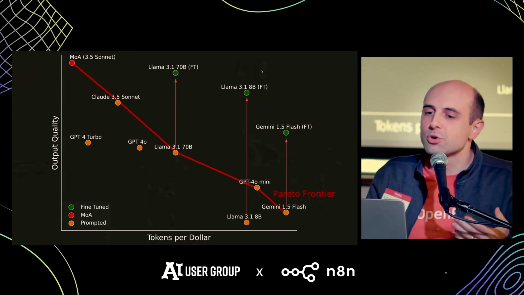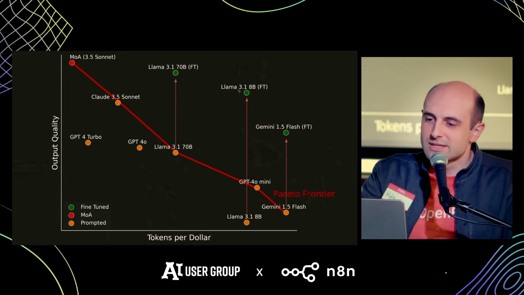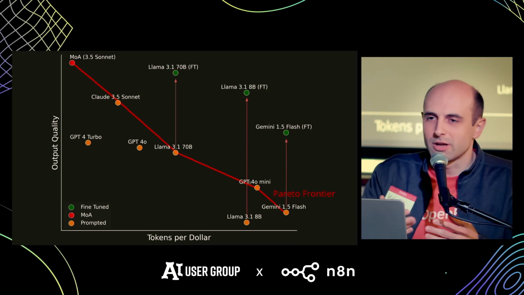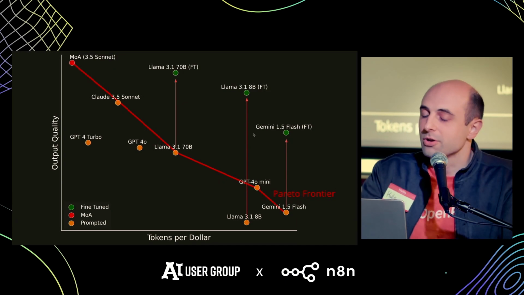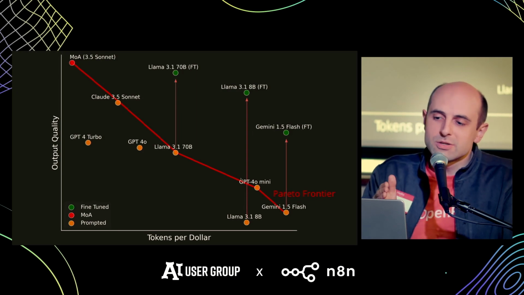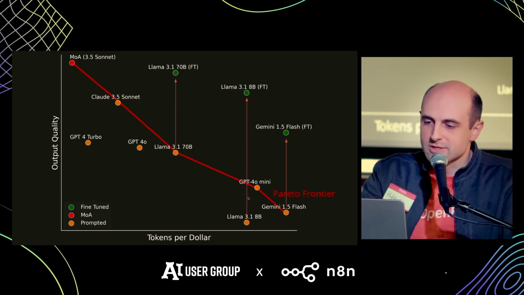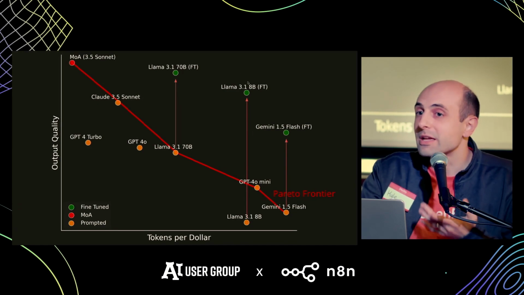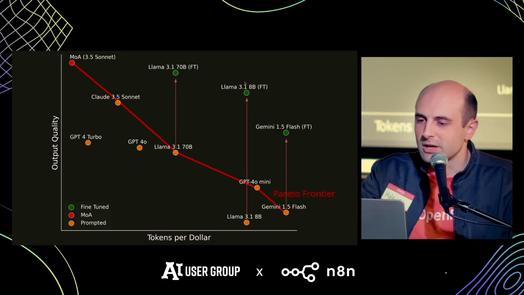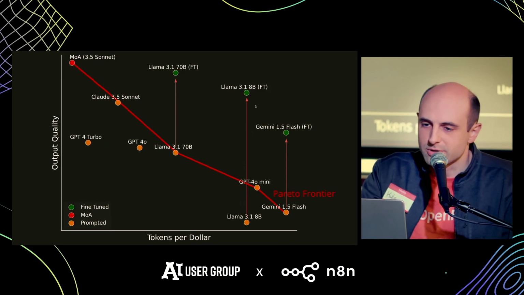This is the whole trick. This is the reason you would do fine-tuning. Let's say you can only pay this much per token because you're doing a high volume task, or you need low latency. By adopting fine-tuning, you can keep your costs way down here and push your quality way up here. That's the trick. That's the reason you would want to do fine-tuning: for a much lower cost, you can have a model that works much better on your task.